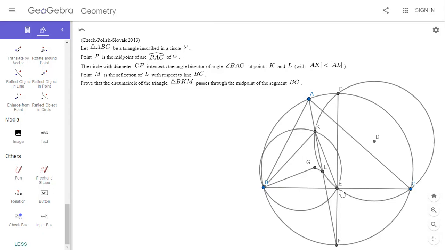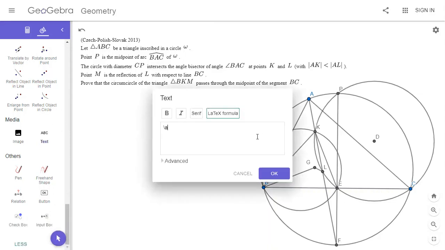So BLE is BLF plus ELF. Oh wait, I think I might have it now. Let's see. Angle BLE is angle BLF plus angle ELF, which is angle